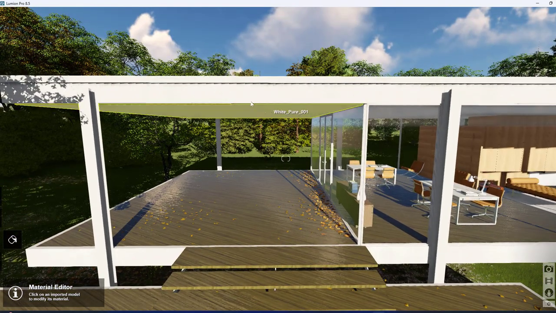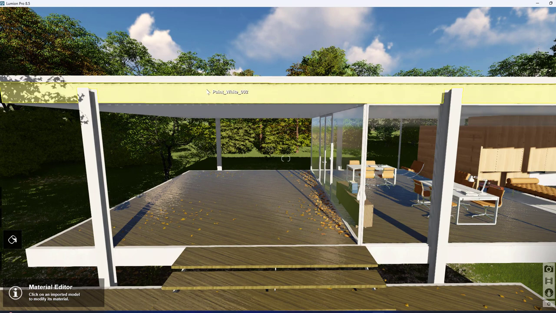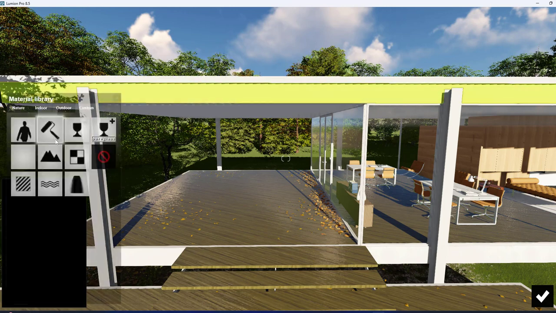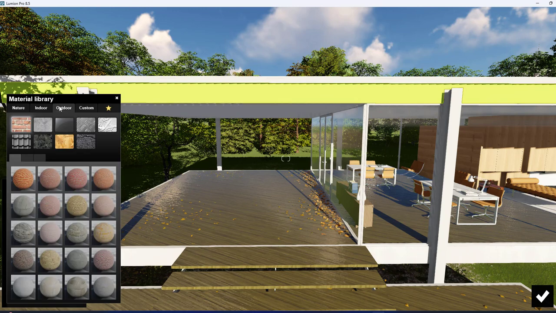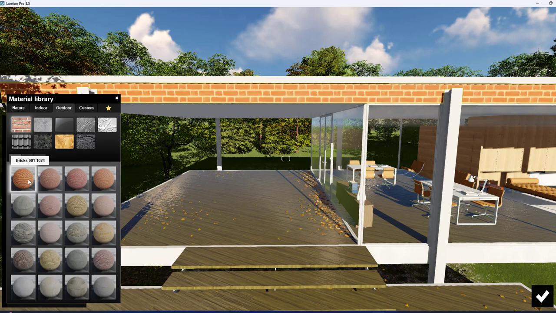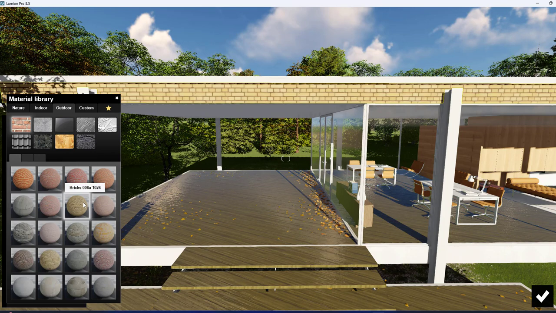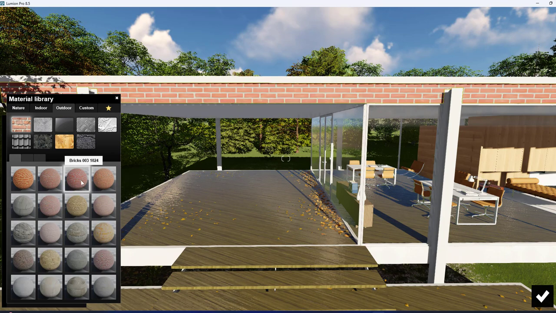Next, for the same, I just apply the material to this paint material. If you want to replace, then you just click on the symbol. You can go with the color option. In the custom option, we have the paint option or color option. And then I'm just changing the paint like this, which one I want to apply. Or else you go back and then click on the outdoor option. If you want to go with the brick finishing, then you can go ahead like this.